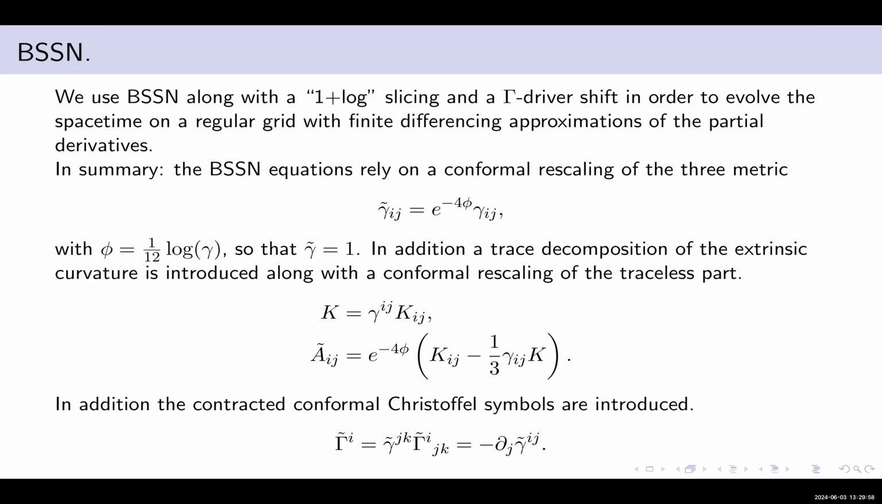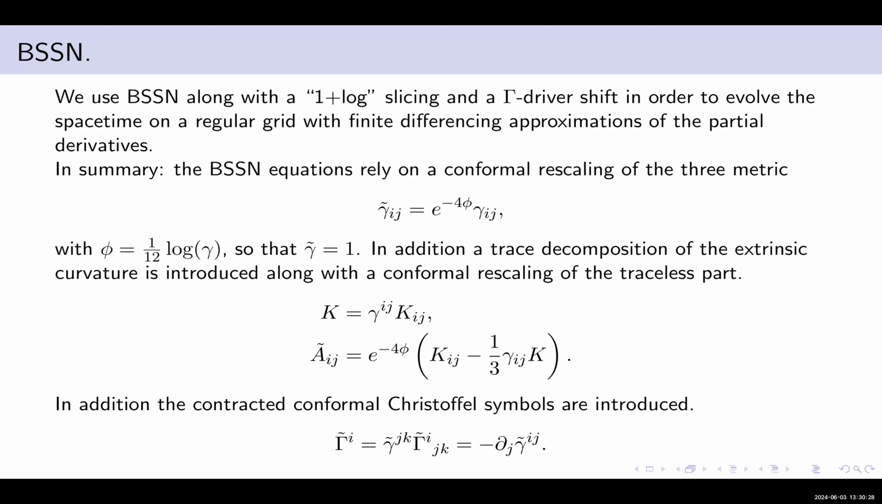So now we come to BSSN. We treat BSSN like any other code. We put it on a grid, and we use finite differencing. Well, not everybody does that, and it's not necessary to do that, but that's what we do. We use the standard 1+log slicing and Gamma-driver shifts that are known in everything else. But just to summarize the equations,